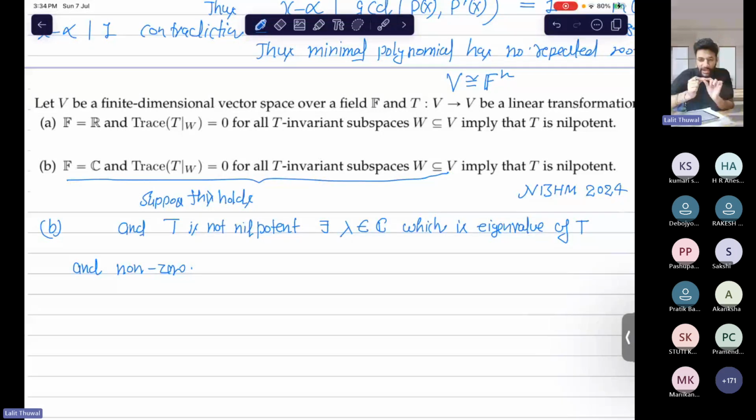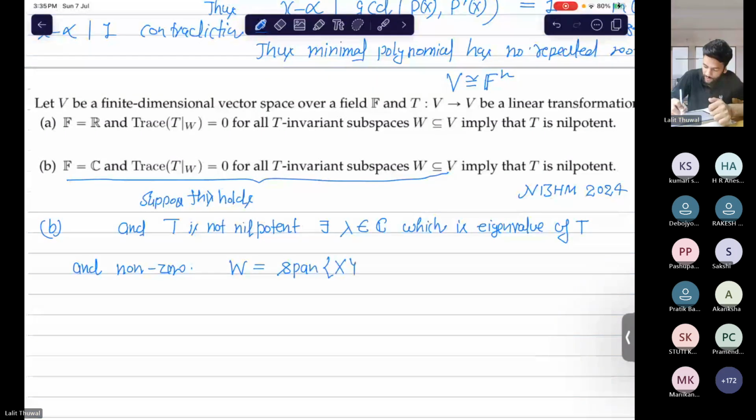So if an operator is not nilpotent, there must be a non-zero eigenvalue. Take W equal to the vector space generated by